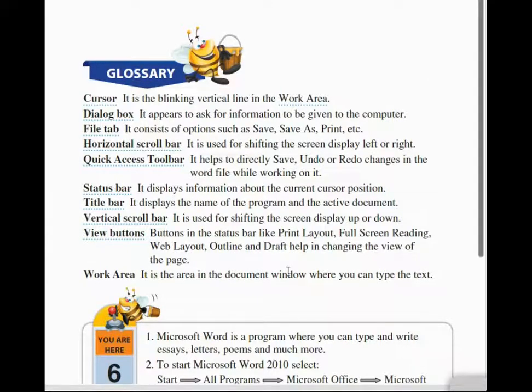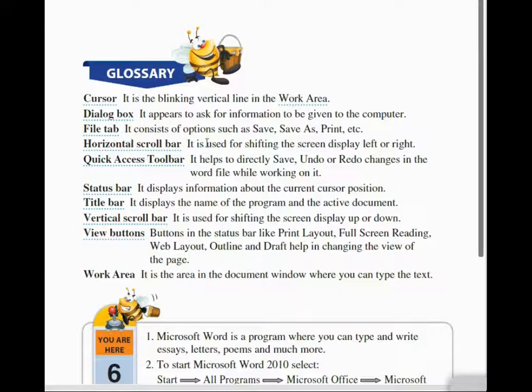Yes, children, some glossary words are given in it. The first one, cursor. What is the meaning of cursor? It is the blinking vertical line in the work area. Dialog box. It appears to ask for information to be given to the computer.